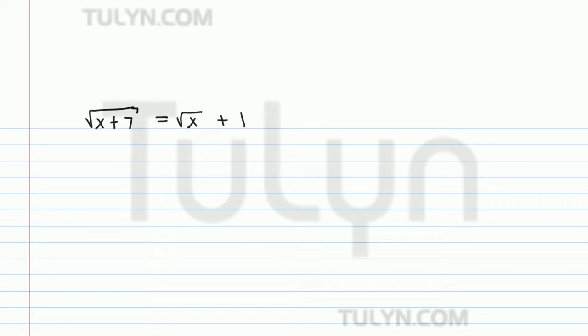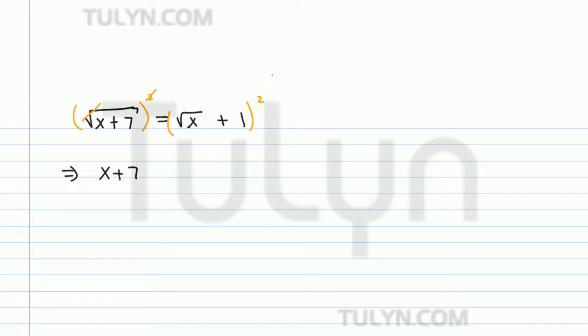Now, in solving, the first step you should do is square both sides of the equation. And I want you to notice the difference between the left and the right side. On the left side, the whole thing is under the square root, so when you square it, it's going to cancel out, and it's just going to give you x plus 7. But on the right, the square root is only encompassing the x. So this is actually going to look like